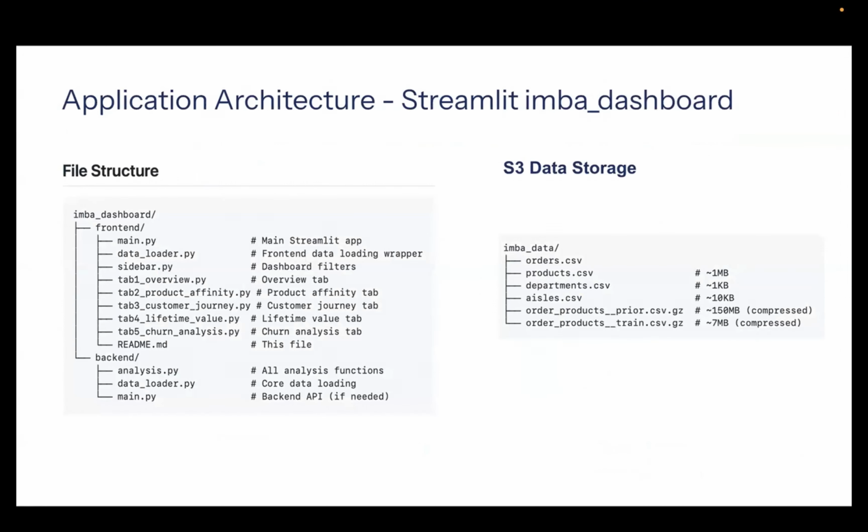Okay, the system is structured in two main parts. The front end, built with Streamlit, handles validation, filters, and user interaction. The backend, built with FastAPI, connects to Athena for queries and S3 for data access. All the data is stored in S3 buckets, and Athena allows us to run serverless SQL queries directly on that data. This makes the system both scalable and cost efficient because the queries only run when they are needed. Please go to the next page.